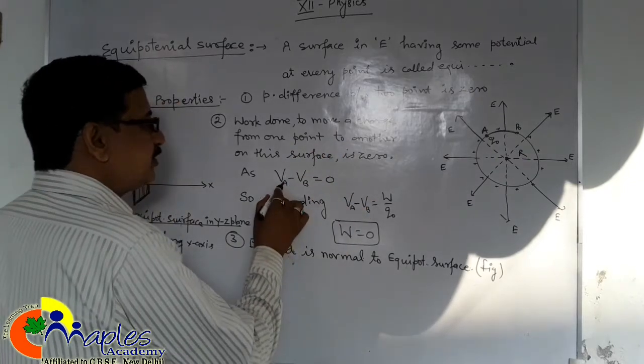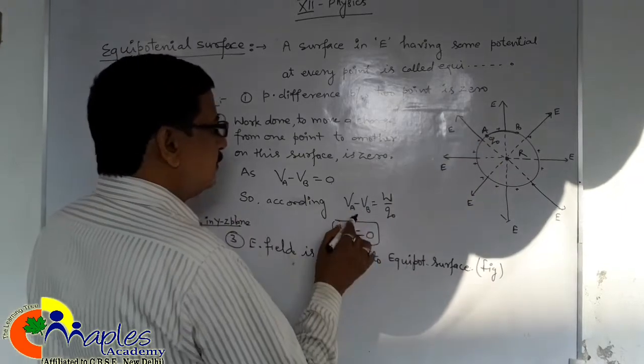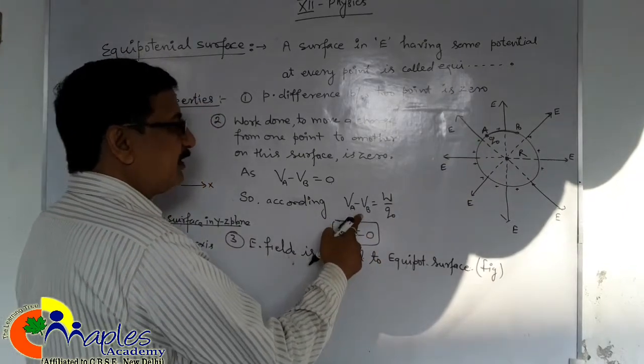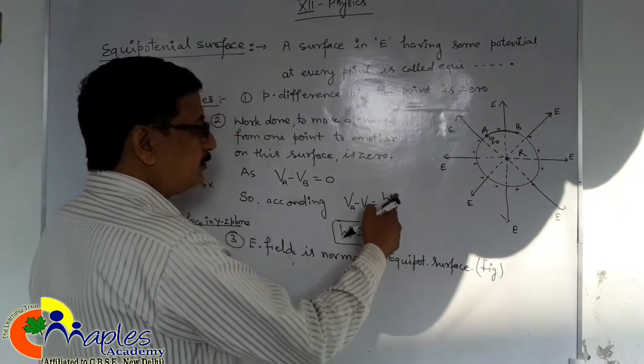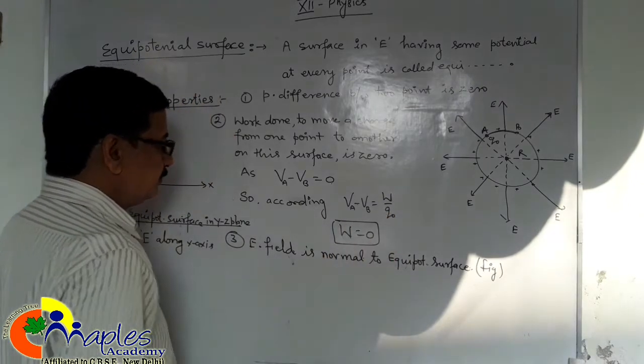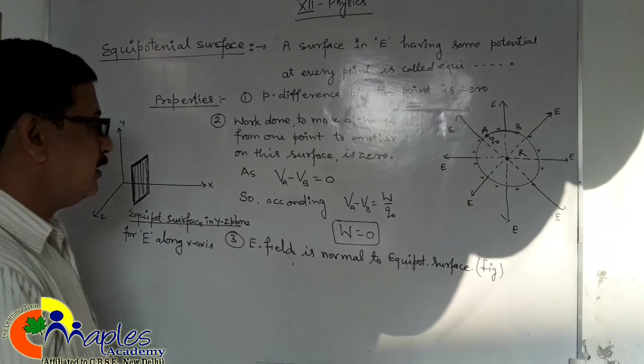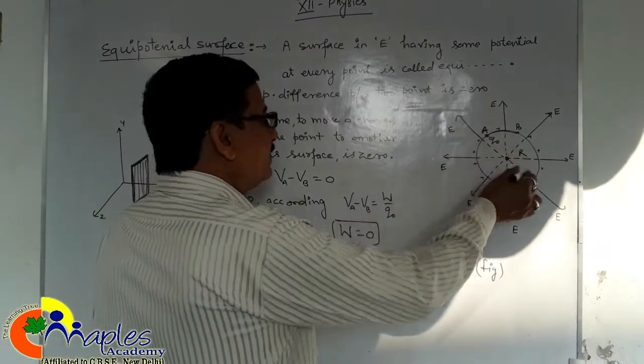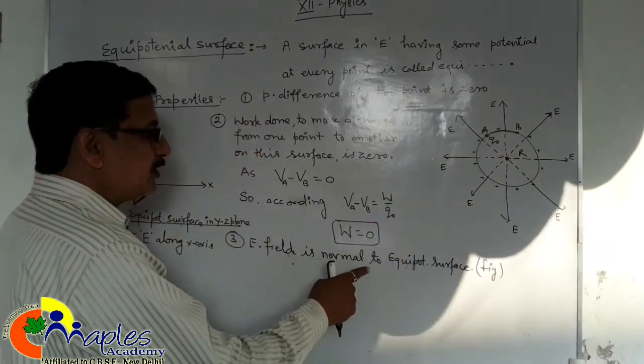How? Potential difference is 0 between 2 points. So according to the definition of potential difference, it is W upon q naught, or W equals, it is 0, so W equals 0. And the third and important property: equipotential surface is always normal or perpendicular to the